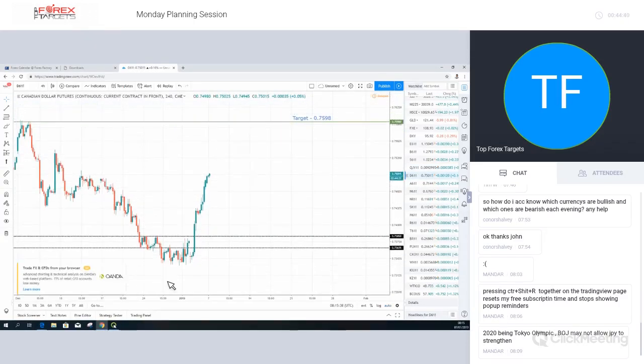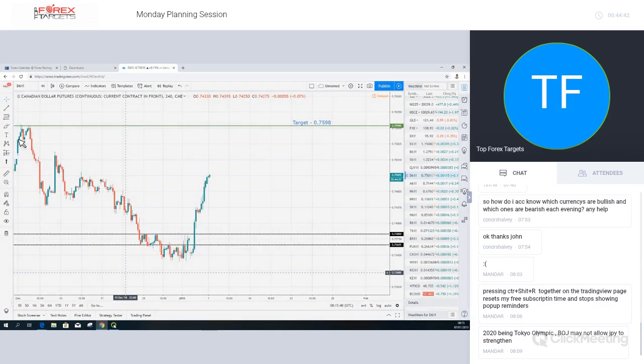The Canadian dollar we've already discussed. This is certainly something which I think could provide maybe even the best opportunity this week, if it sets up like this, for the next rally to the upside before the interest rate decision. We'll come and look at the CAD pairs as well.